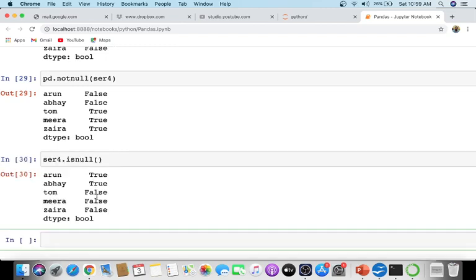So this also gives the same value. Is null, is not null, everything is there. So it is already there. Now another thing you have to check,